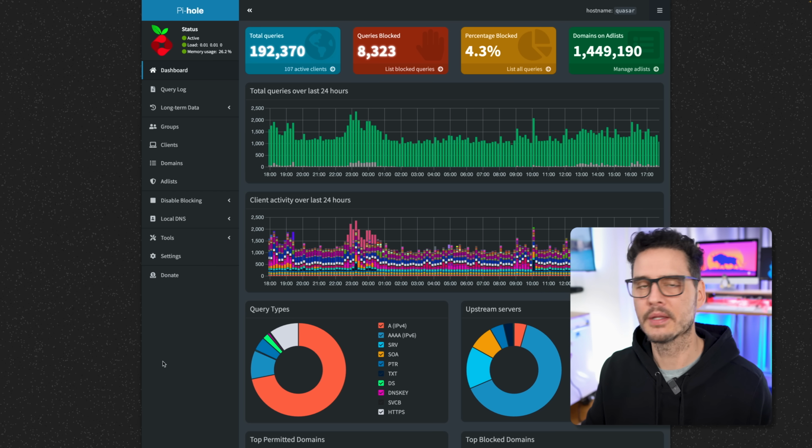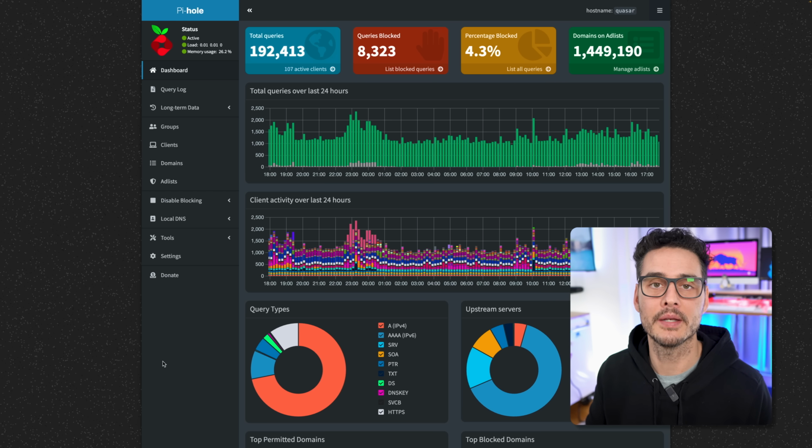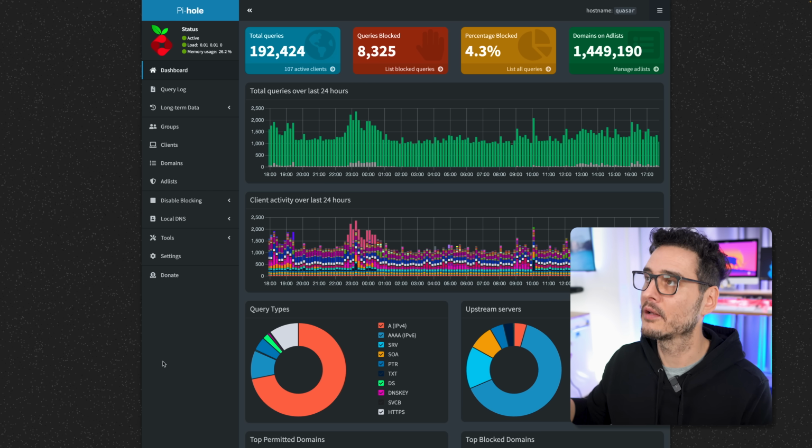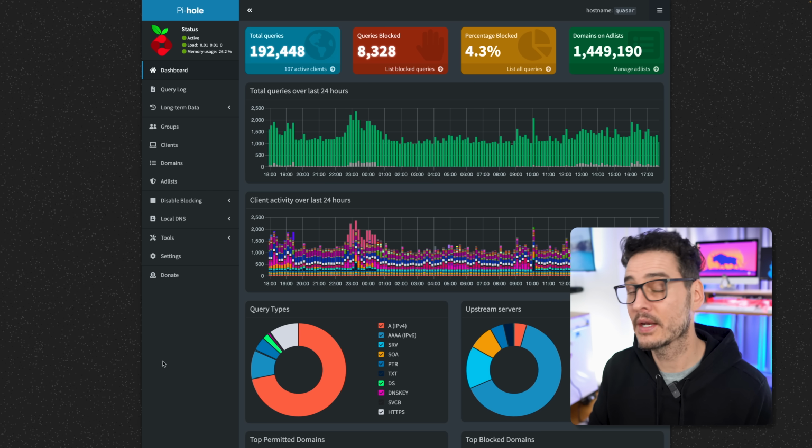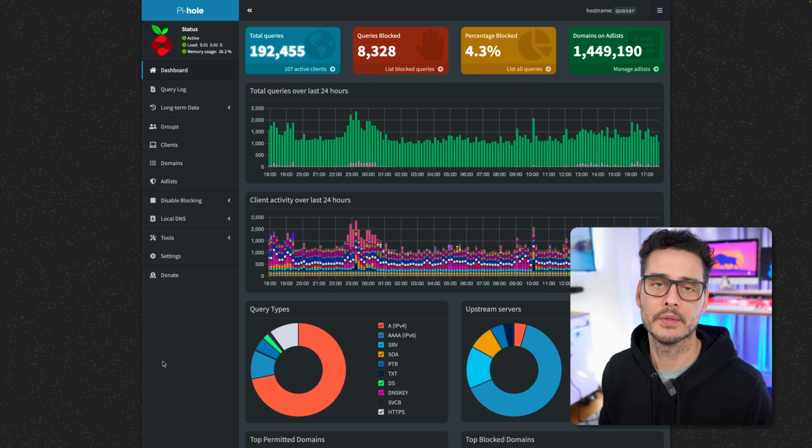but Pi-hole is what I still use. Is it the best thing out there? No, obviously not, but it is great for what it does. And then I use Gravity Sync on top of that to synchronize all of my lists and all of my DNS entries across all 3 devices. And I do use it pretty heavily for local DNS as well.